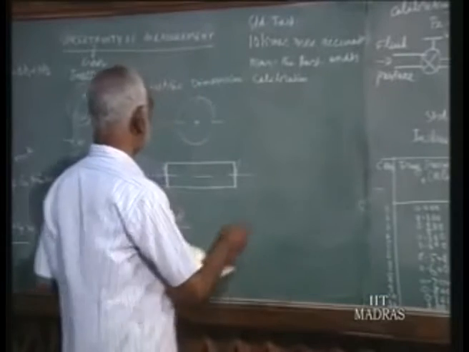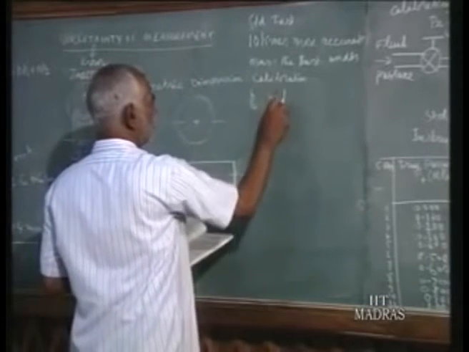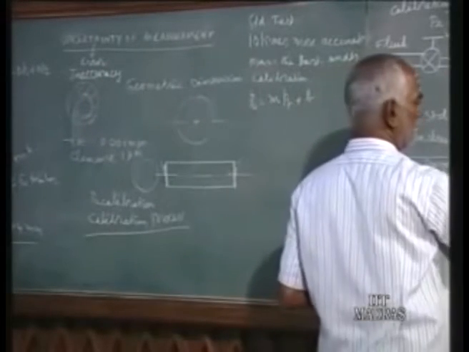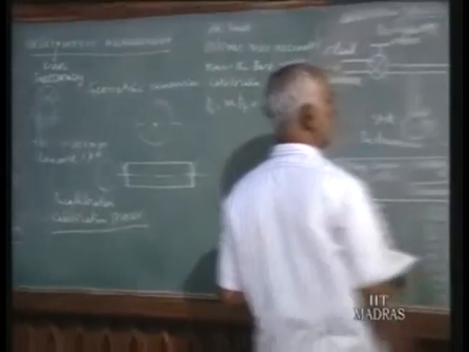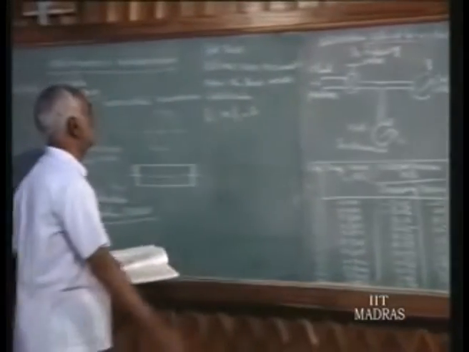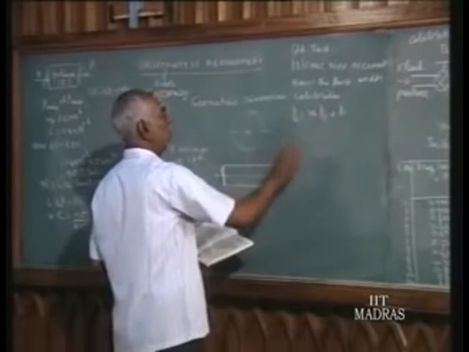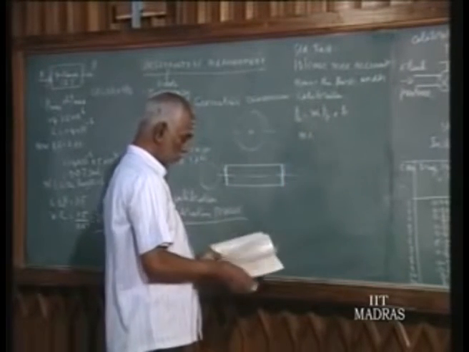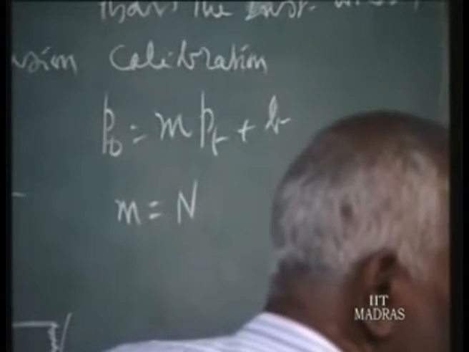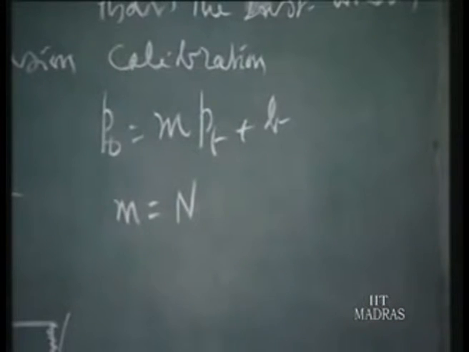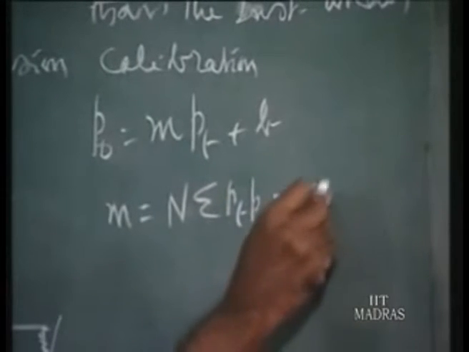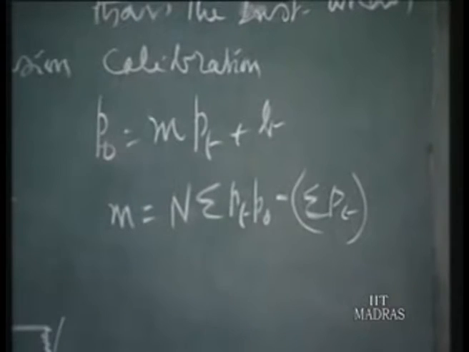Suppose the equation is assumed as PO = M PT + B. This is the equation of the line, where M is the slope of the line, and B is the cut, where the line cuts the y-axis. In terms of readings, M is equal to n times, where n is the number of readings, here 22, n into sigma of PT into PO minus sigma PT multiplied by sigma PO,